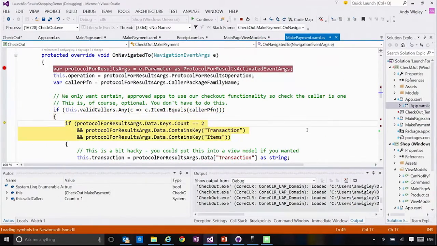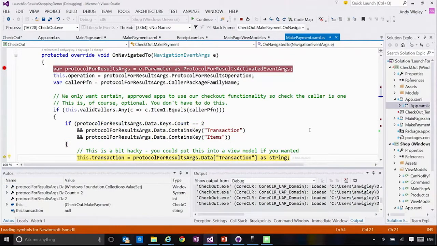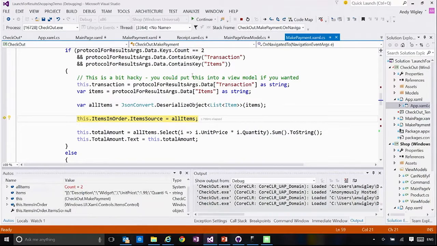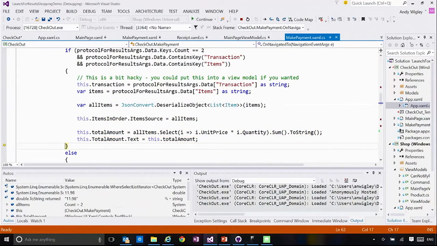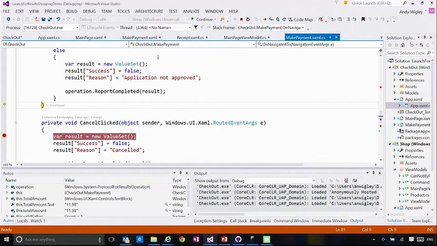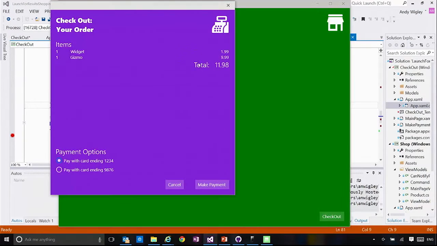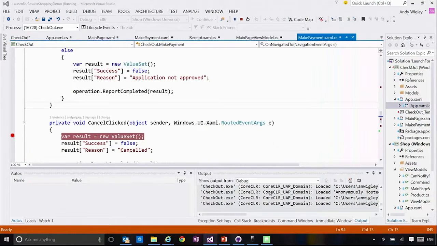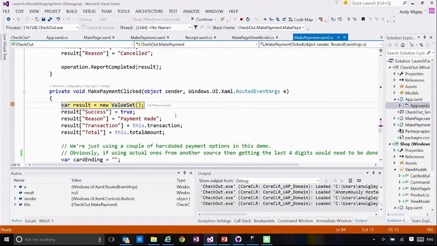And then we are decoding the data we've been sent. Ignore that this is a bit hacky. And then we deserialize it, and we're using that to populate information on the screen. And then we offer the user cancel or make payment options. So we're seeing there you can choose to pay with a card and then make the payment. And at this point, the make payment clicked event handler